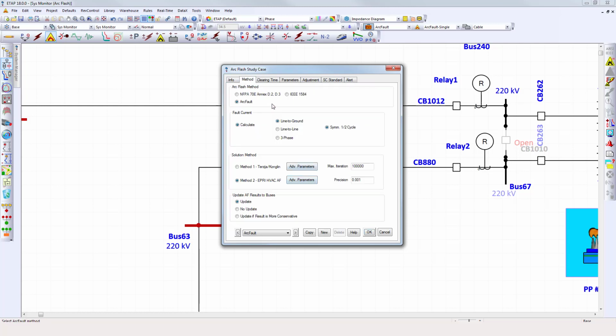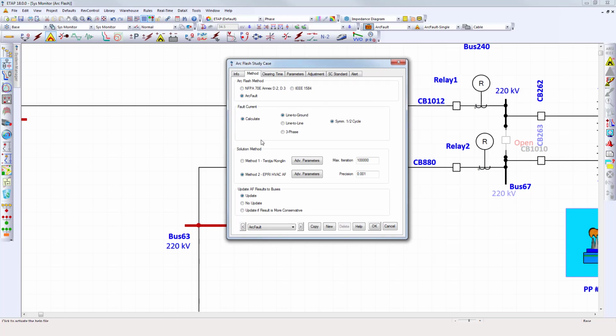Here under the ArcFlash method tab, we can see that there are three options: the NFPA 70E Annex D 2 and 3, which is a very old method, pretty much superseded by IEEE 1584 2002. We have the actual 1584 calculation methodology, and we have the ArcFault methodology. Since we're talking about ArcFault, we can observe that now we have the model simulation, ArcFault, line to ground, line